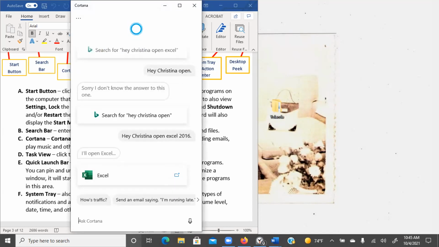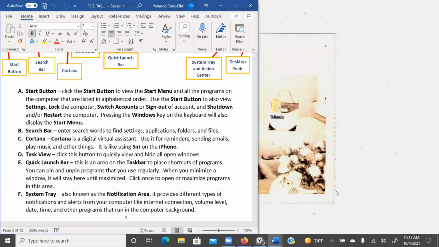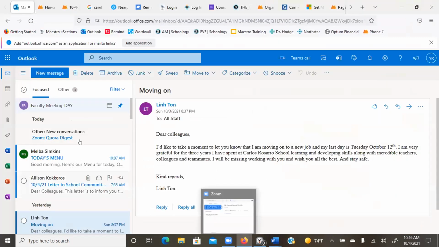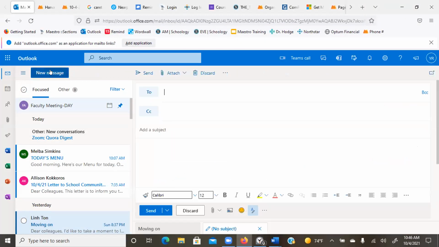It might say Cortana is disabled, and to use Cortana you need to get permission from your administrator. Yeah, the same for me too. Okay, so let me send an email right now to IT for them to come on Wednesday to let us